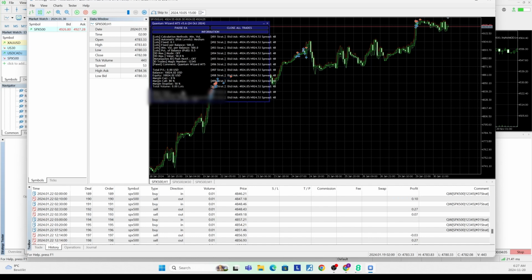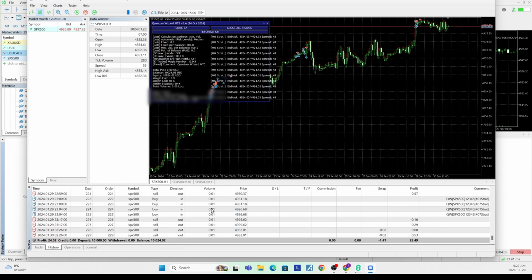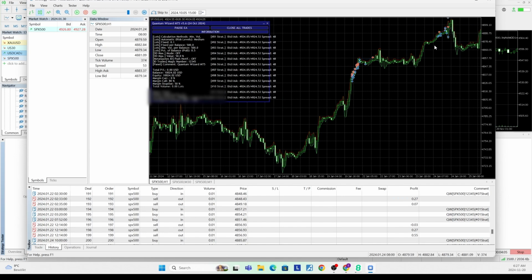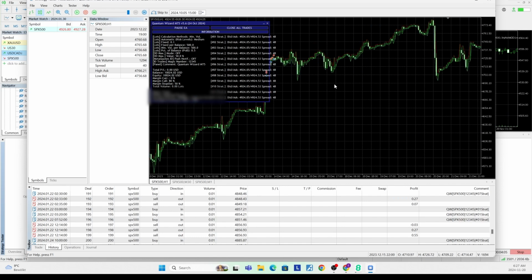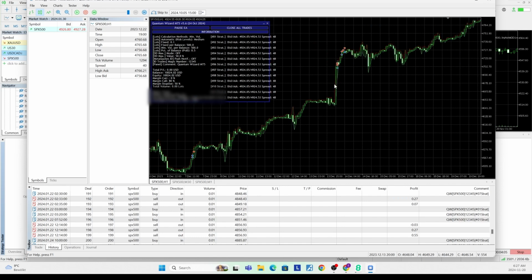It's not a traditional grid martingale, because we can look at the volume here and we can see that it's not necessarily scaling up the lot size massively. Perhaps that's because we are on medium risk settings. However, I would venture that if trades start to go against it, it just keeps opening more and more positions. So it is still increasing the amount of floating positions, the total position size opened is increasing. So you could still perhaps call that a martingale, but it's not doing so by necessarily increasing trade size. It's doing so by increasing trade frequency, which is possibly a safer approach.